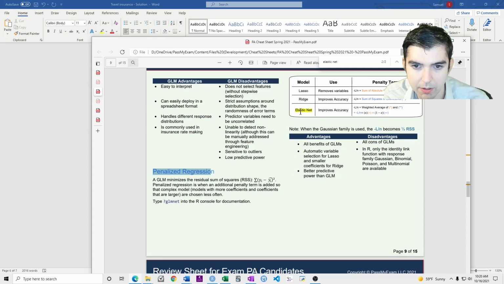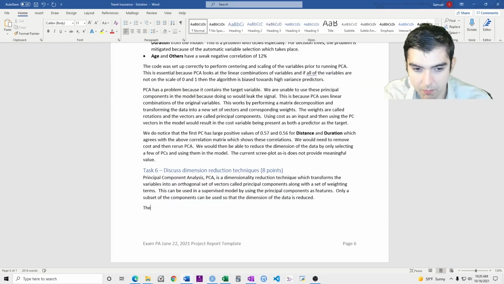So we look at the lasso, we know that this removes variables, and it does that by using a penalty term, which is the log likelihood divided by n plus the sum of the absolute values of the coefficients. The lasso, also known as elastic net regression with an